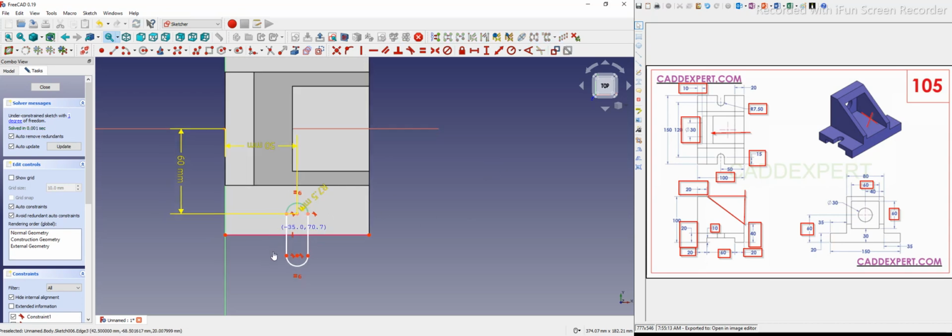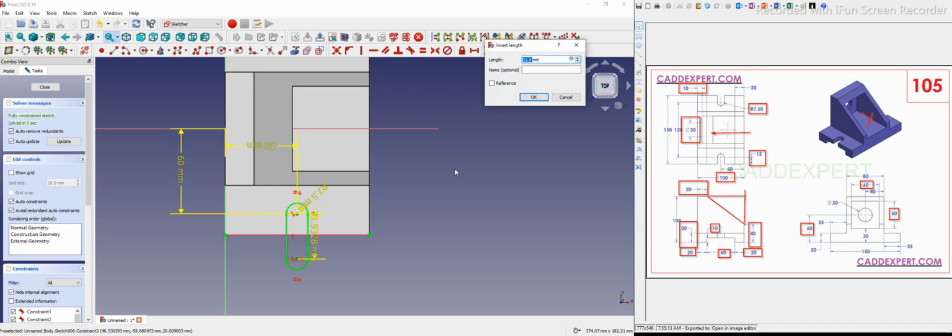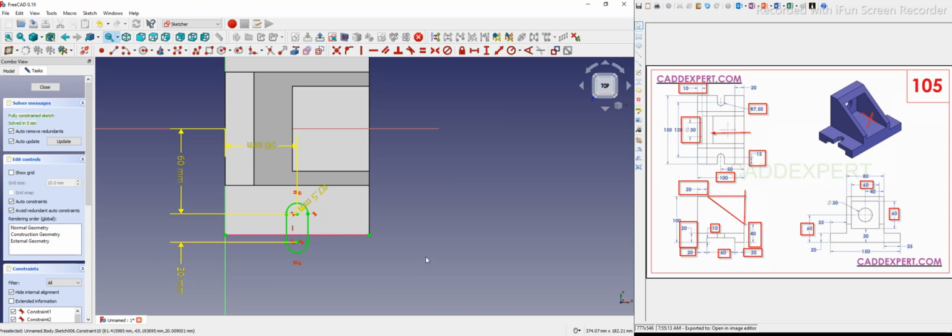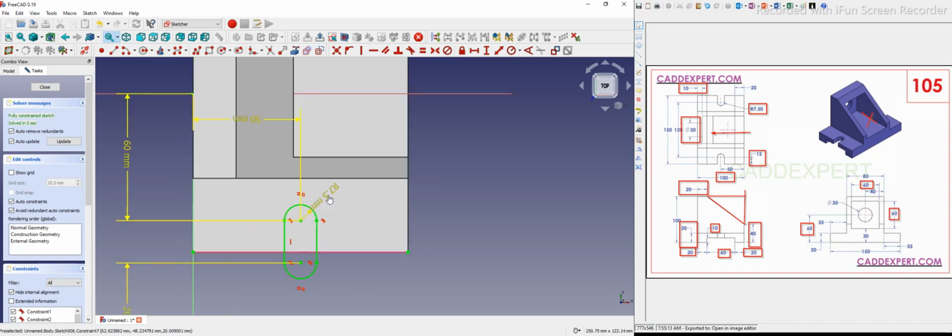So this slot we are going to remove the material, so we can give some approximate dimension here, no problem, because our center is fixed from 60 to 50. So I will select this point, I will give center to center some dimension. I will select vertical and I give it 20. Now I move my dimension to the outside, and here my slot is fully constrained,